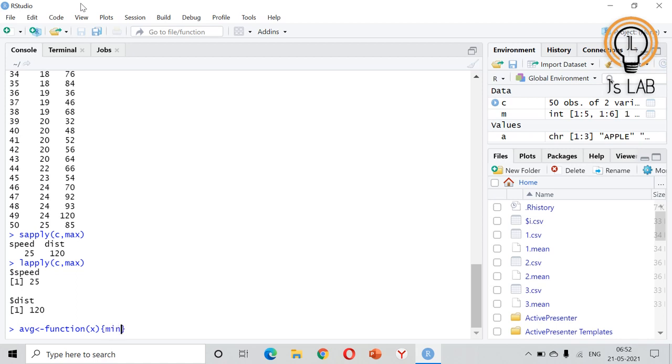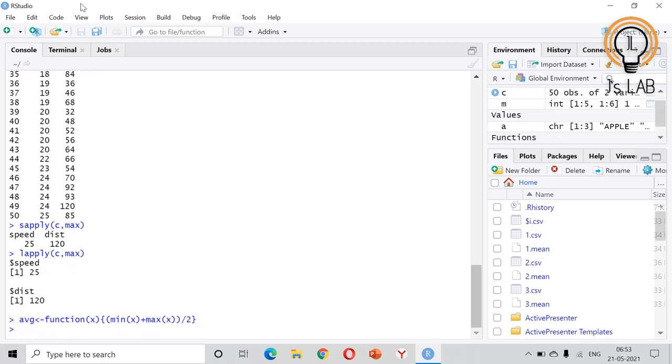I will take the minimum of x and add it to the maximum of x. Then I will take the average by dividing by 2. Okay, that is my required function.